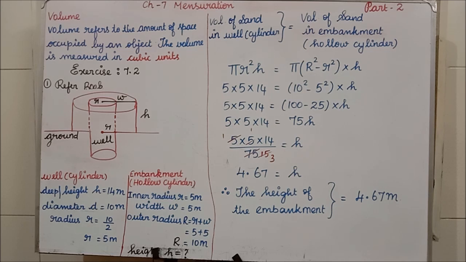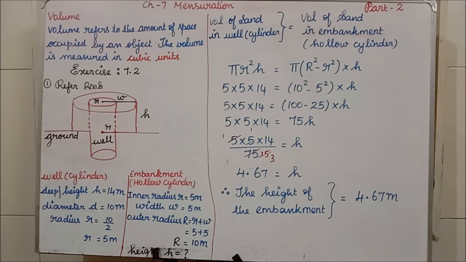Clear? In the part 1 session, we learned about area. We learned about total surface area as well as curved surface area. The area will be measured in square units, I told you there, isn't it? Now the volume will be measured in cubic units. It is very important. In the final answer, when they are asking volume, you have to write centimeter cube or meter cube, like that, in cubic units.